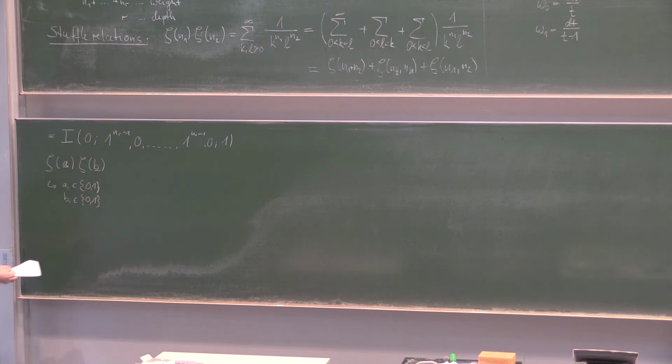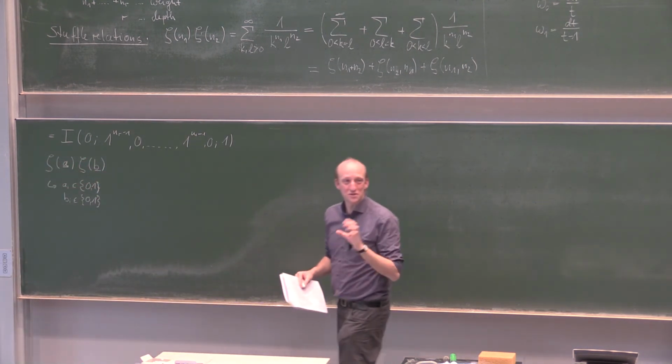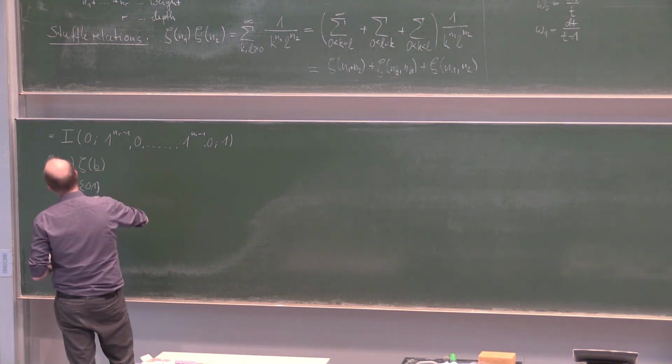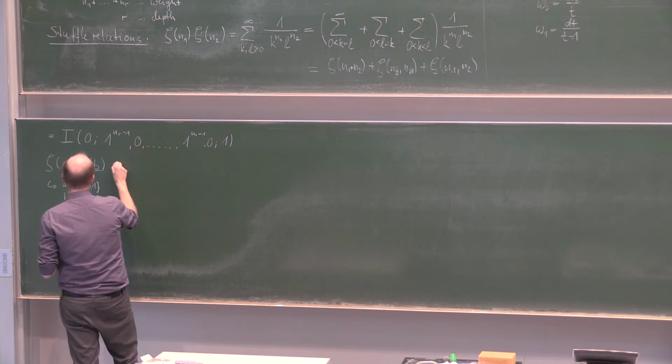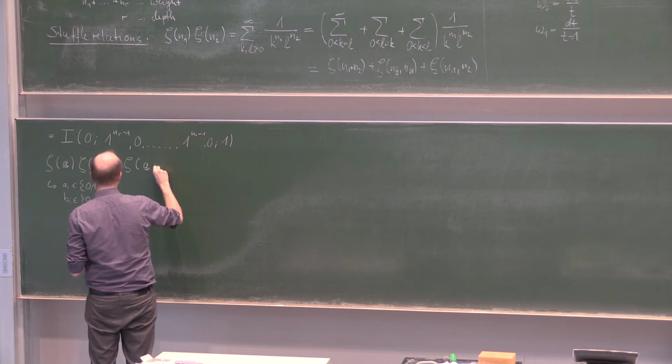So shuffle relations work with the index set 0 and 1 most easily, while the Stuffle relation works with natural numbers and no zeros. So let's consider zeta of the set A times zeta of the set B, and this can be shown to be zeta of the shuffle